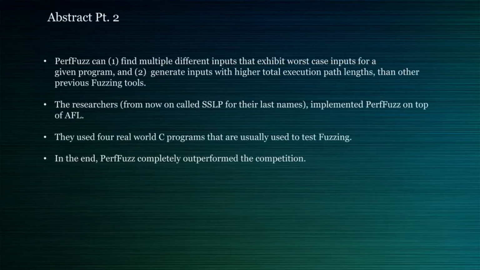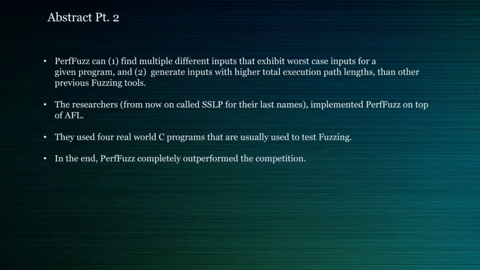So PerfFuzz can, 1, find multiple different inputs that exhibit worst case behavior for a given program, and 2, generate inputs with higher total execution path lengths than previous fuzzing tools. PerfFuzz can also work as a sort of debugger by showing weaknesses in the program and their